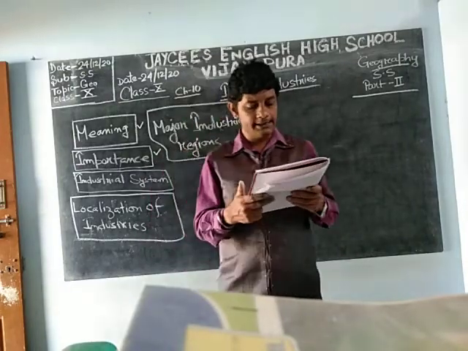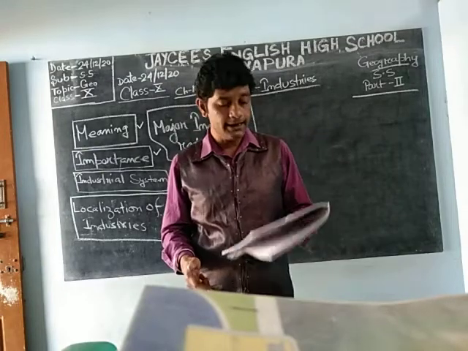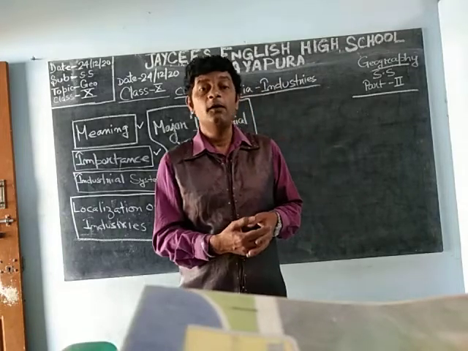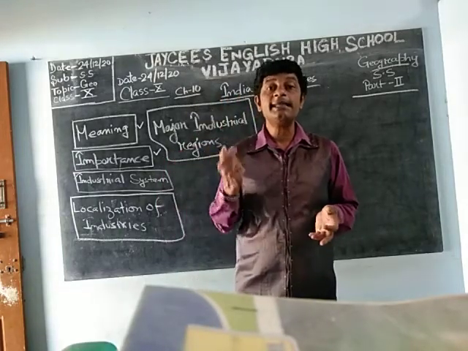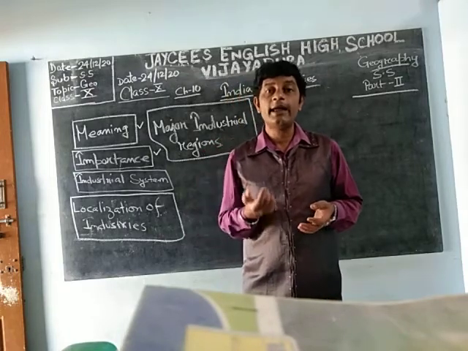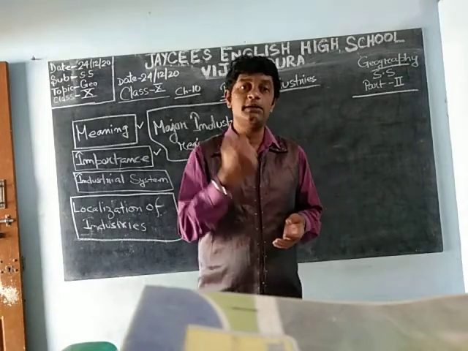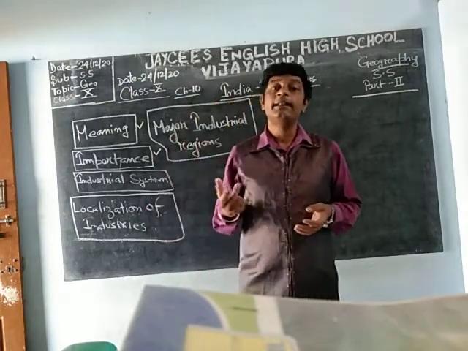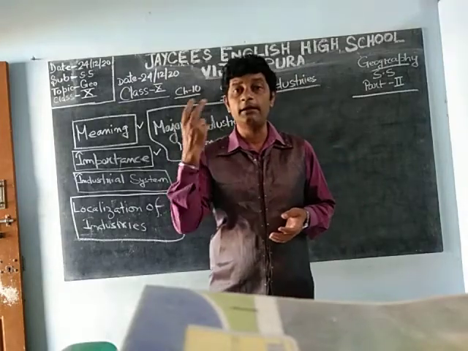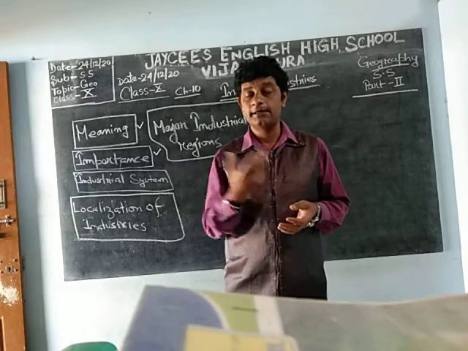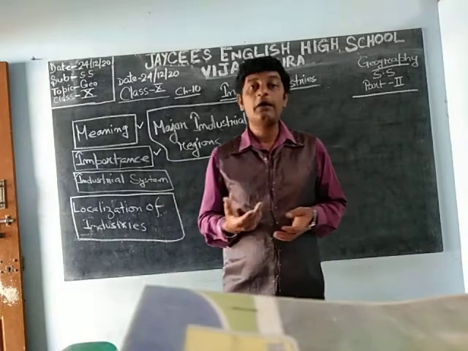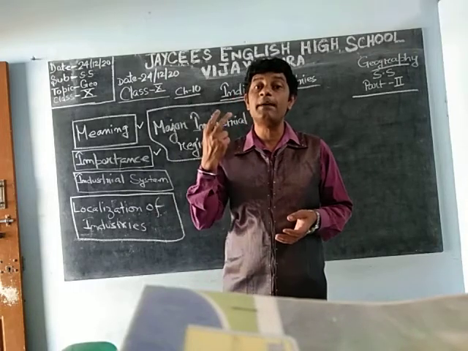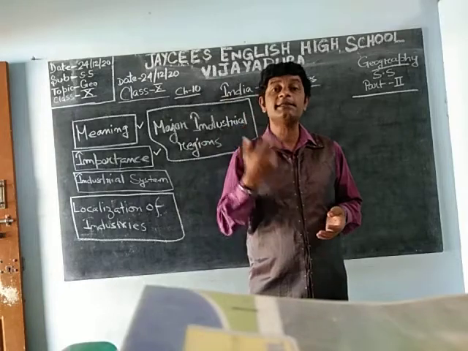Quaternary, it involves research and development. Example, IT industries. These IT industries come under the quaternary. Here the research and development is getting done. Here the service is also there, the product is also there, but the main thing is that, suppose in a hardware company, what are they doing? They are doing the research and development work to produce a product.